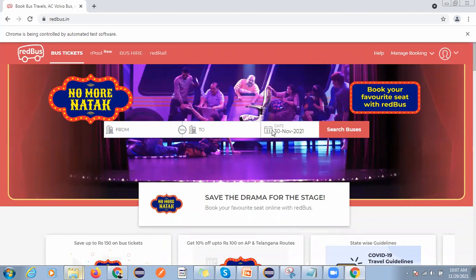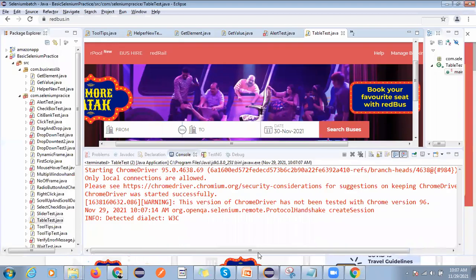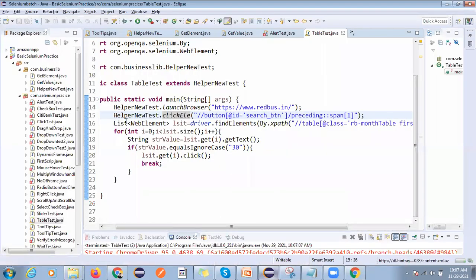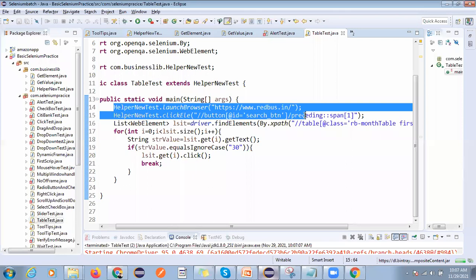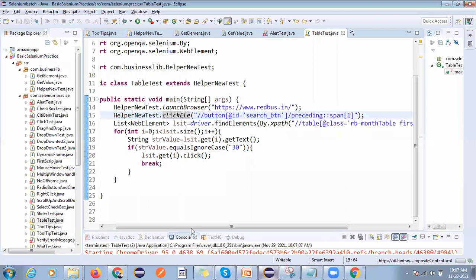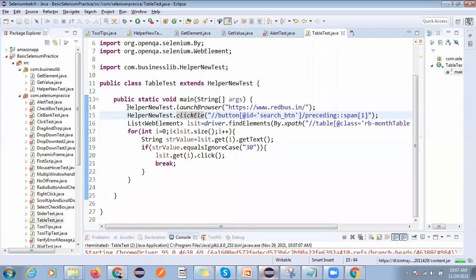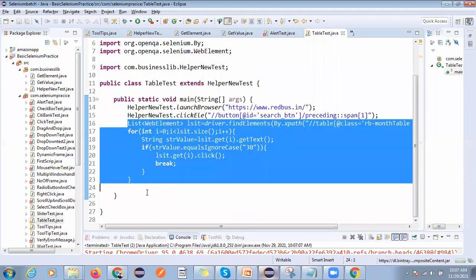You can see we are able to select 13th of December, right? So here I did not use all these steps, simply I have used a reusable method, right? So we can also make this reusable, right?